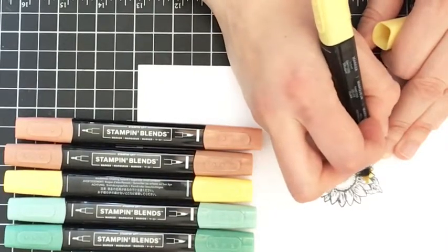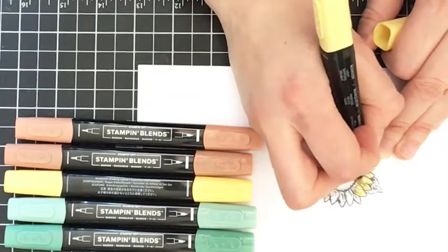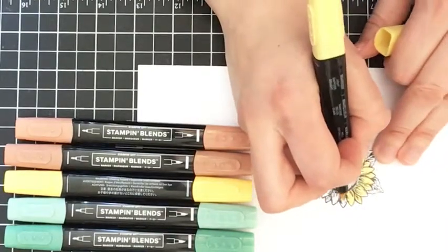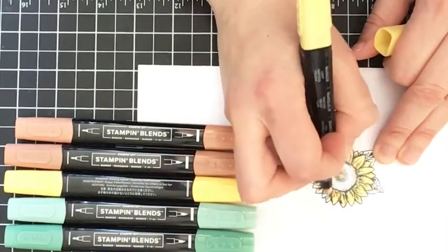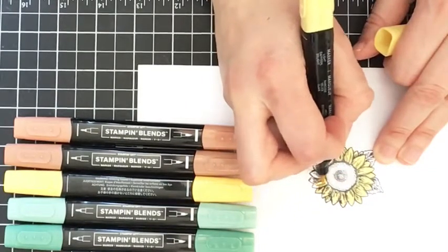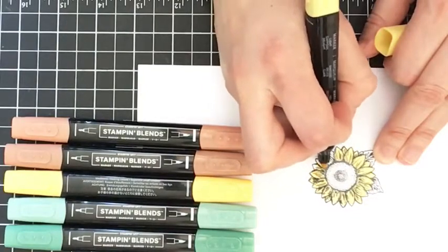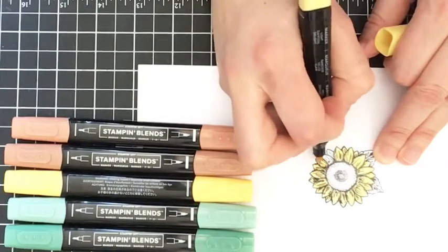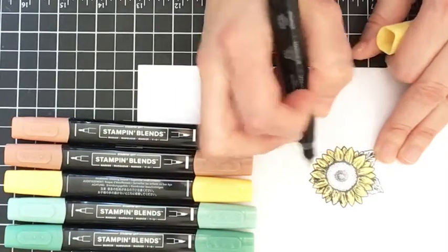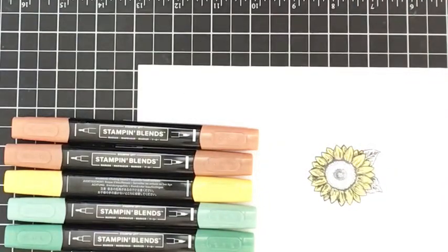So again, I stamped in Memento. You want to have Memento black ink for your Stampin' Blends. So I'm just going to get some color on here with the light. And this stamp has got all these little artist lines. So with the dark, I'm just going to make some highlights. And I'm not even going to blend in for this particular card. You certainly could, but this is just a quick, get some color on here. I think that's a leaf right there. With the light,